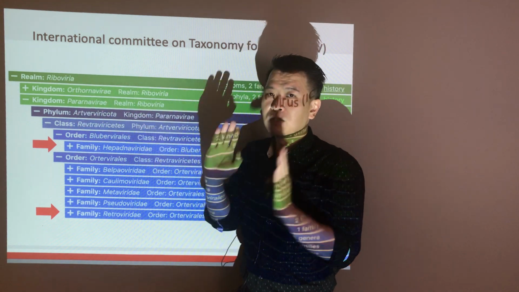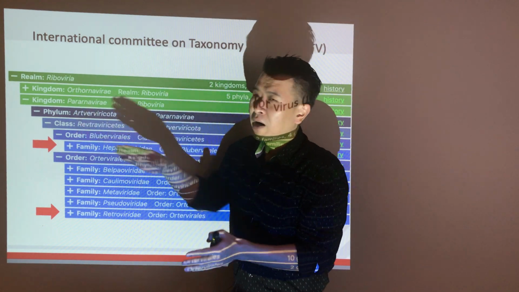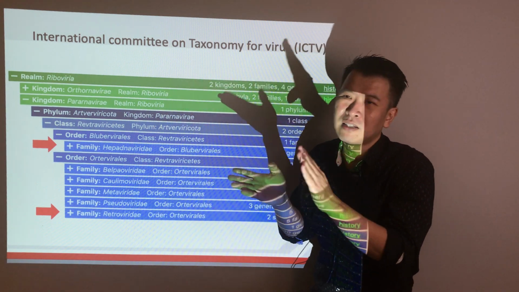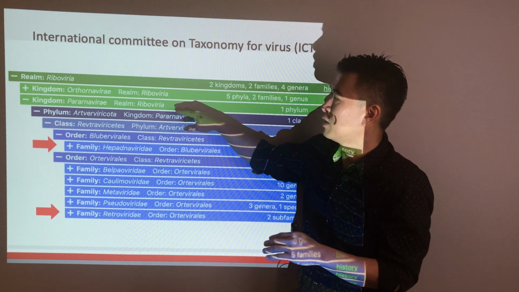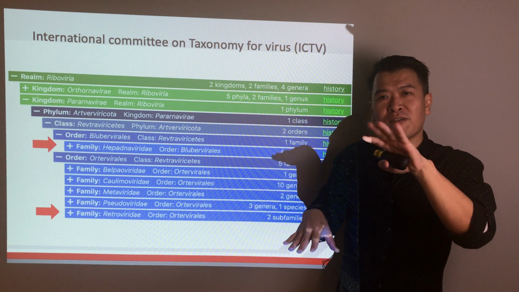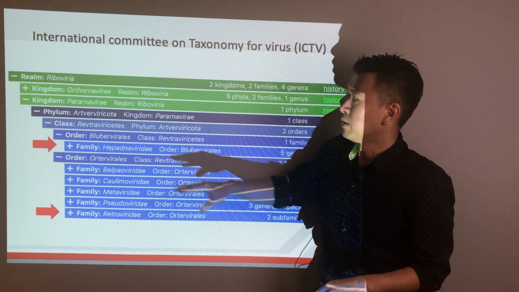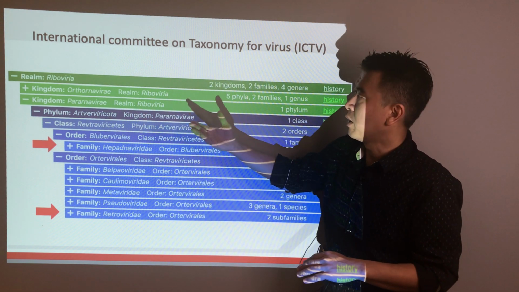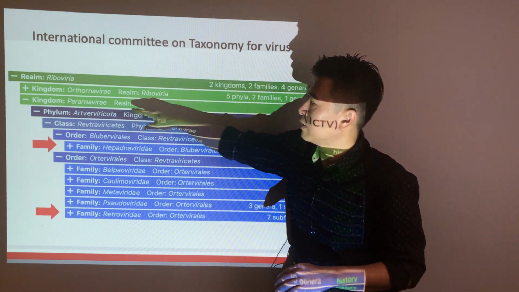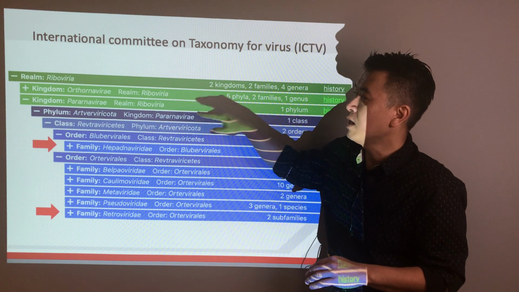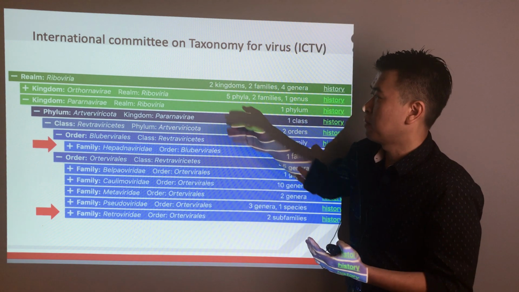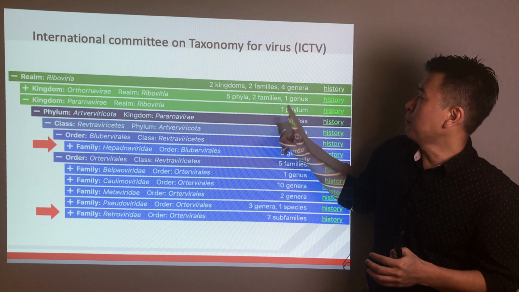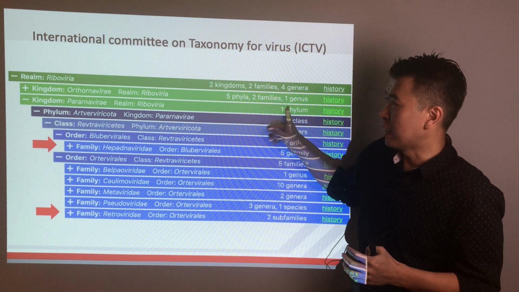So ortho means right, correct, and para means side. So this is a true RNA virus, and this is like a partial RNA virus, because in their life cycle they have RNA and DNA parts. So that's why Orthornavirae is where all the RNA viruses are located. Then Pararnavirae is the reverse transcribing virus. So here, the kingdom has only one phylum, okay, and this phylum is